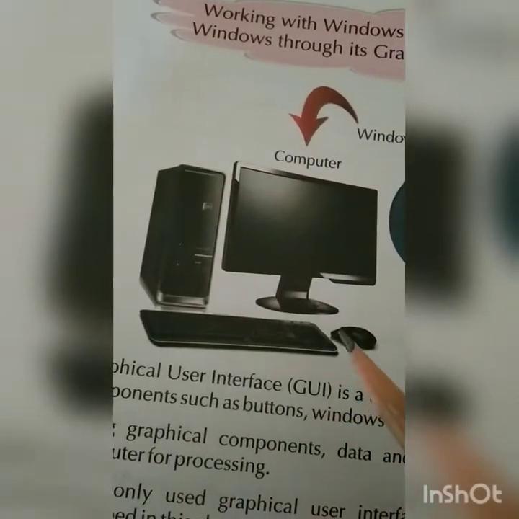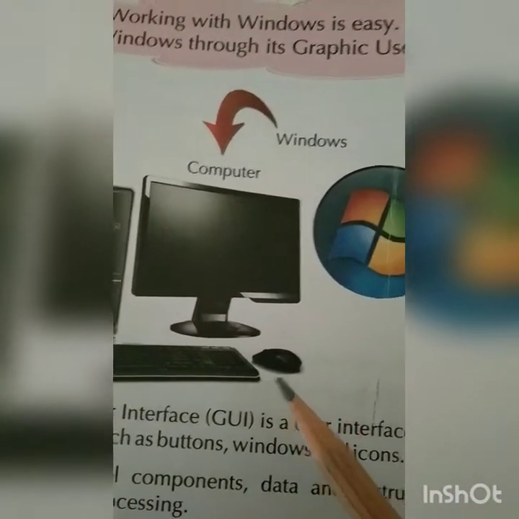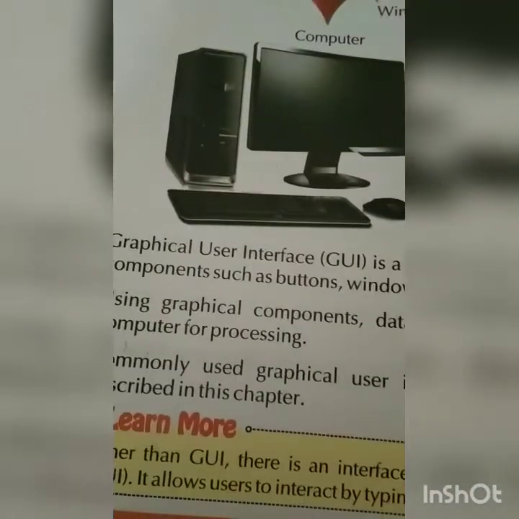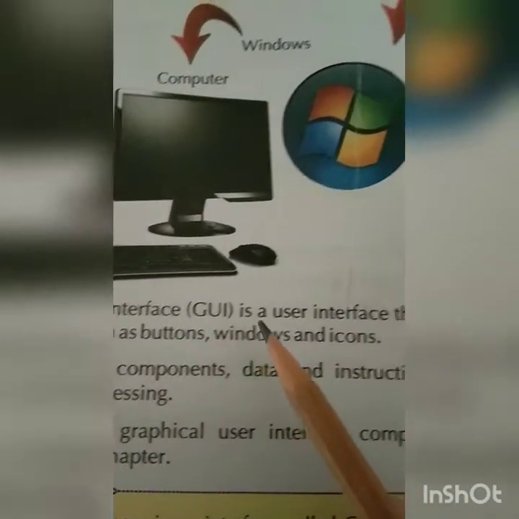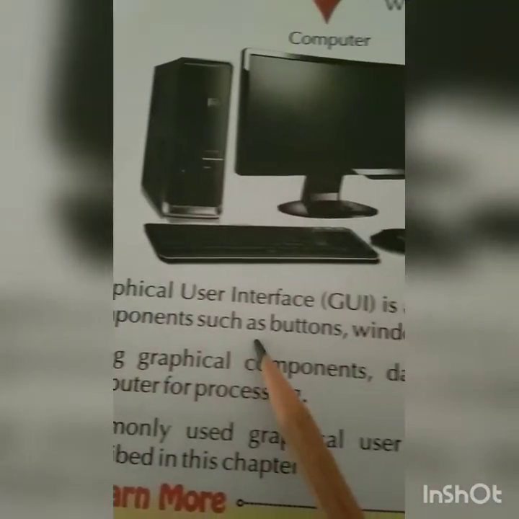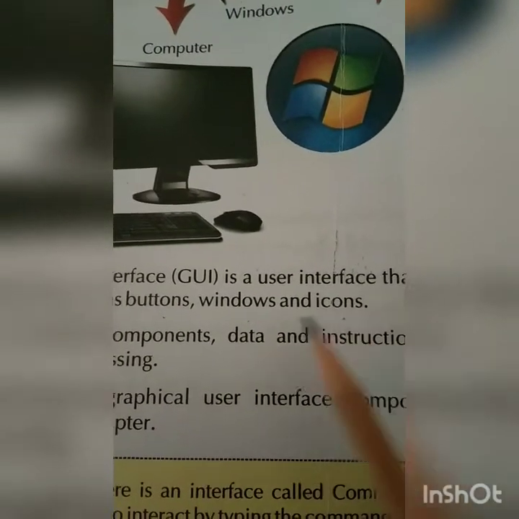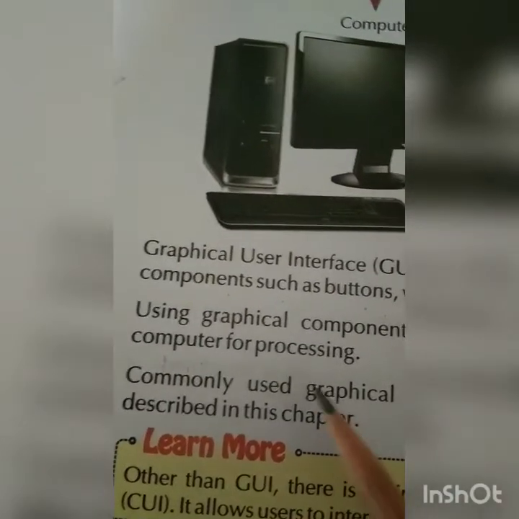You can see keyboard, mouse, monitor, and here the CPU is given, and the internet connection the user is using. Now we will learn what the GUI, graphical user interface, is. GUI is a user interface that comprises graphical components such as buttons, windows, and icons. So you will learn about icons, windows, and buttons to make your work more graphical.